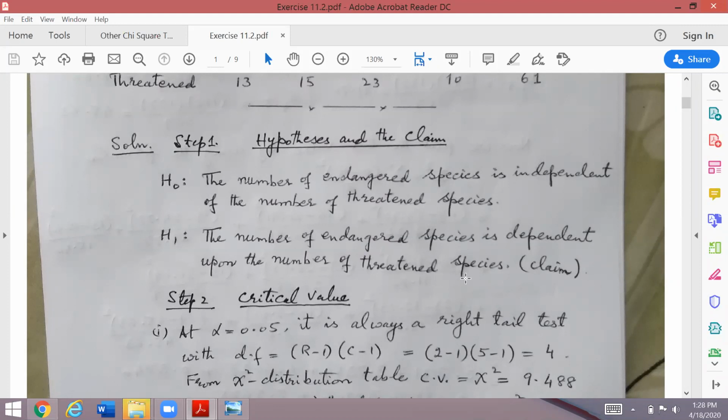अगर threatened species का मसला खराब हो रहा है, of course endangered species भी उसी पे depend कर रही हैं. So there is a big relationship between these two. This is what we are concluding, and we are supporting this claim. I hope this question is understood by everyone. Now I'm going to unmute your mics so that you can discuss with me. Then we'll be doing some more problems.